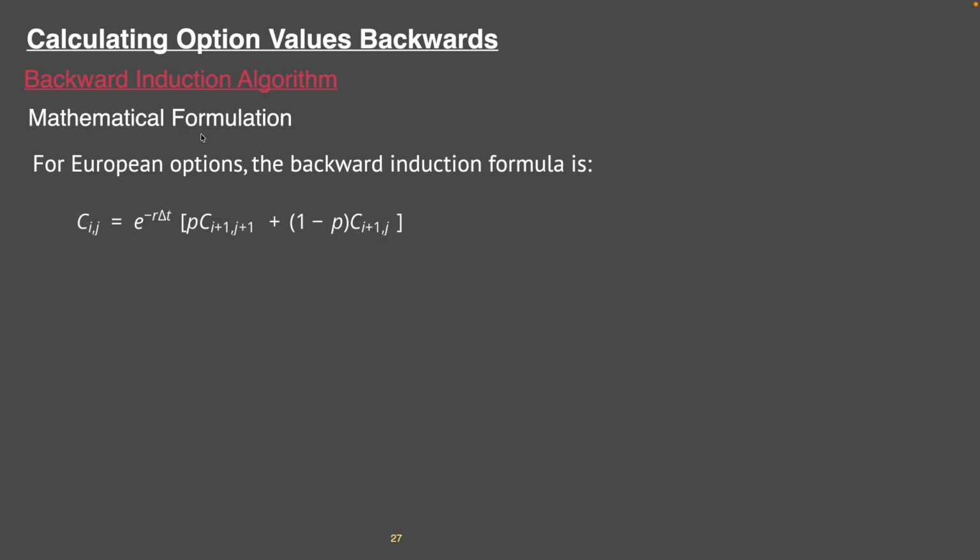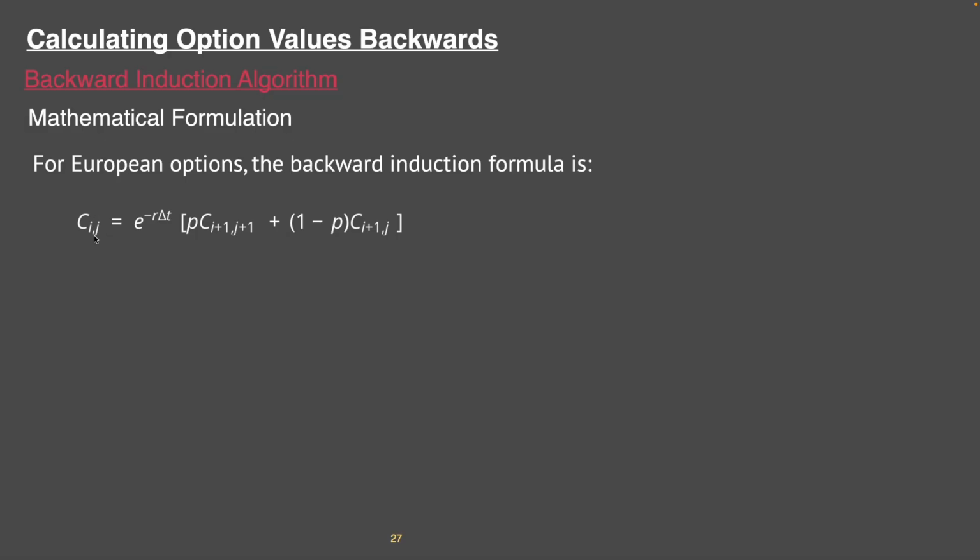Now let us understand the mathematical formula for the backward induction algorithm. European options are the options which can be exercised only at the end of the tenure of the contract. American options are those options which can be exercised even in the middle of the contract expiry time. So for a European option, the backward induction formula is Cij. i and j are two variables which represent the position of a node. If i is equal to 0 and j is equal to 0, the position of the node will be 0,